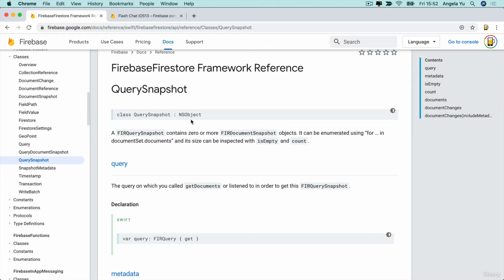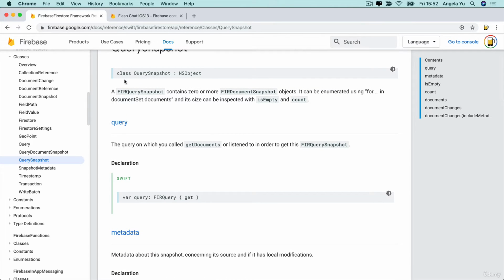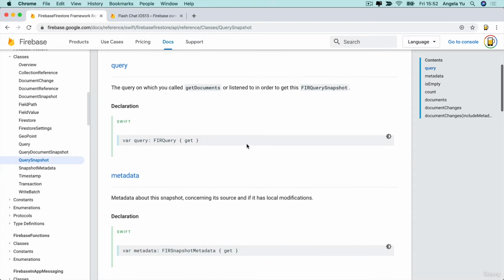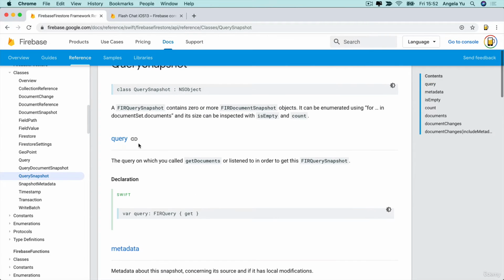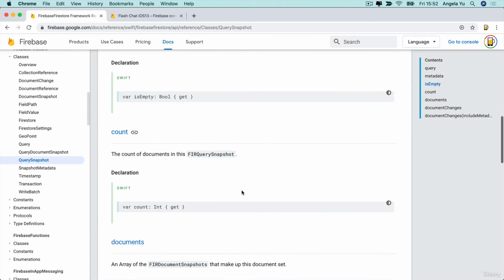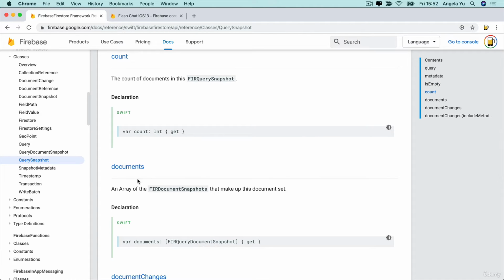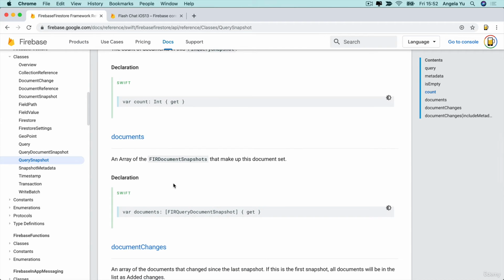So this is an NSObject, and it is created from a class called QuerySnapshot. And this has a bunch of properties like the query on which you called getDocuments, or the metadata, or whether it's empty, or the count of documents inside. But the one that we want is actually this array called documents,